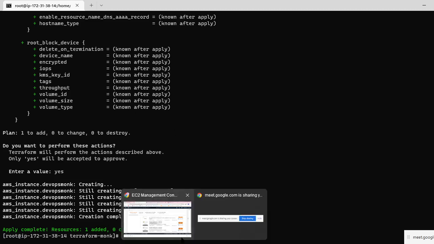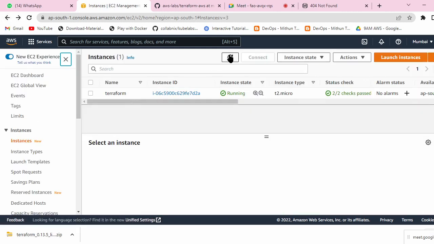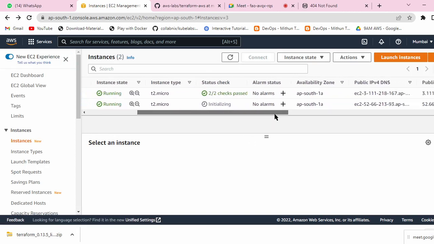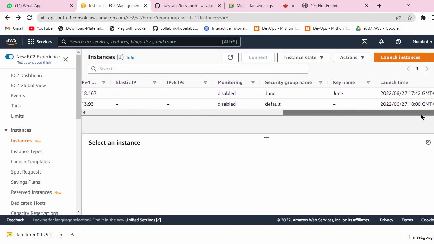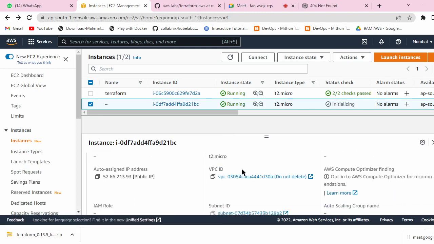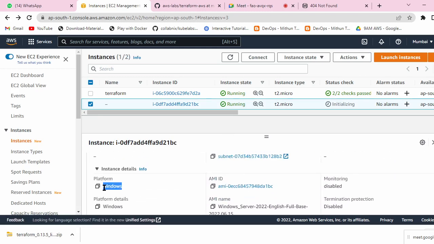Let me come here, go back and just refresh. You can see one more instance is created. This is the Windows server.